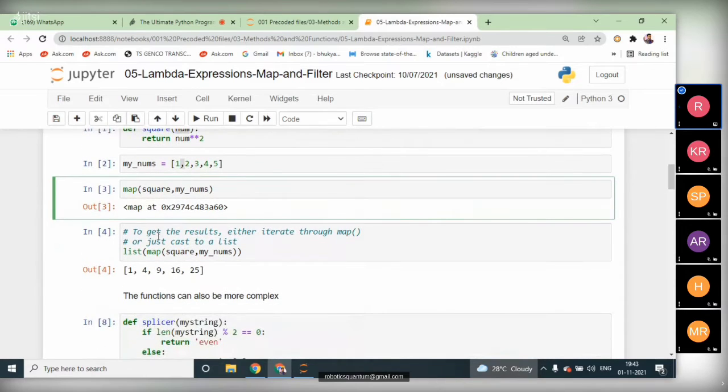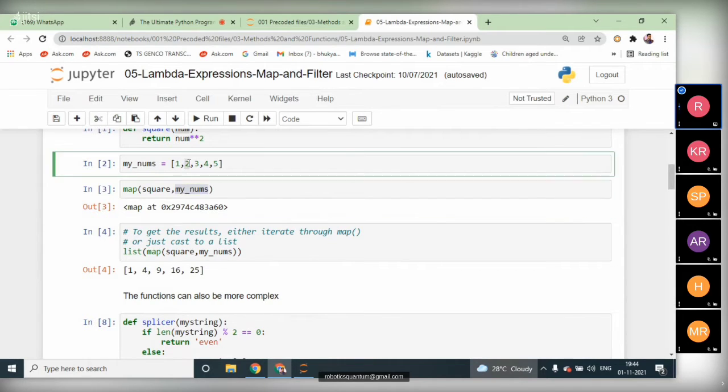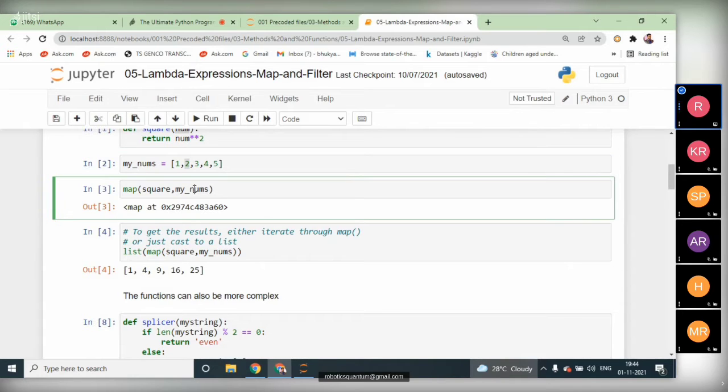You may ask me a doubt: sir, the same function can be called by using for loops. We can do it, but more flexible than that is map, which helps us: instead of using a separate variable to call the method, we directly have a map function. The map consists of 2 parameters. First one is a function name, and second one is a variable name. The variable consists of multiple values, that is, a list or a group of values. Have you understood this?